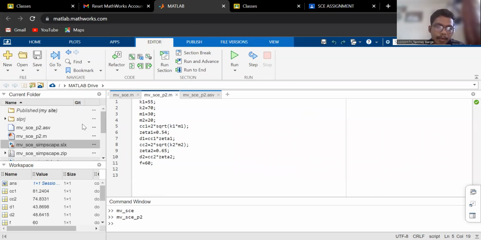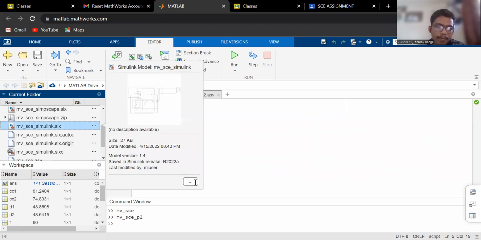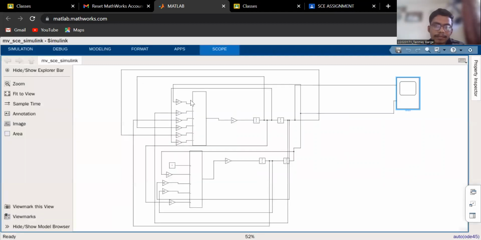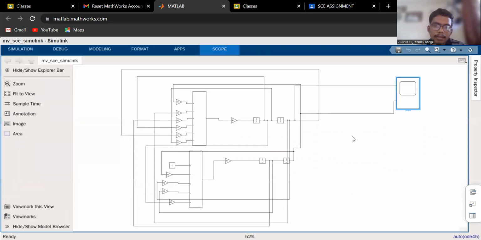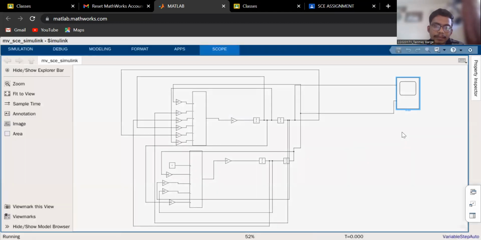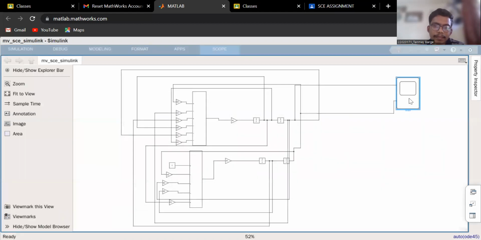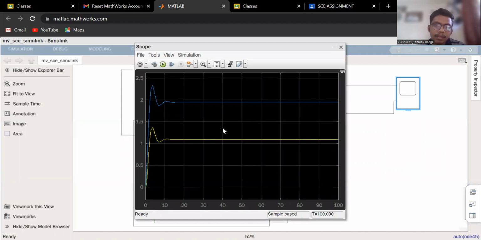And we will again open Simulink. Here also we will run this, and we will get our results in this scope block. As we can see, there is a little variation here, as the damping coefficient was higher in the second case, so we are getting a straight line